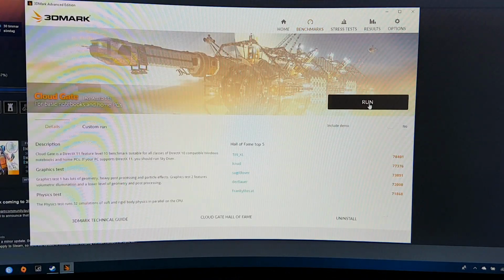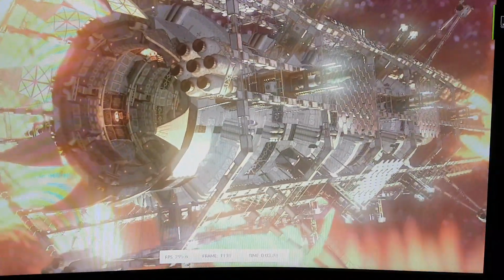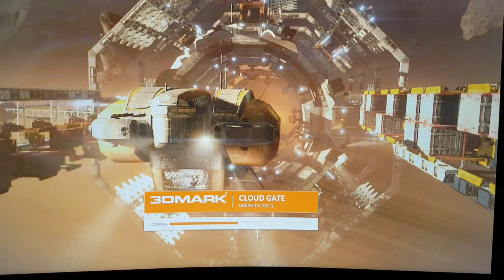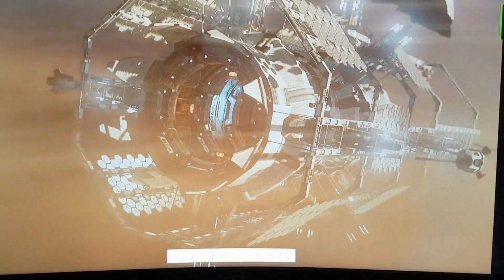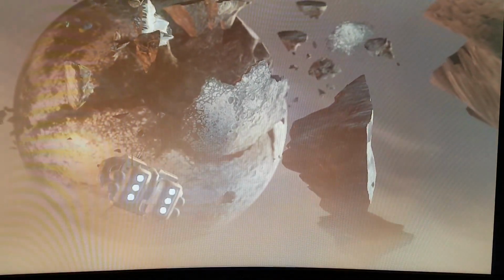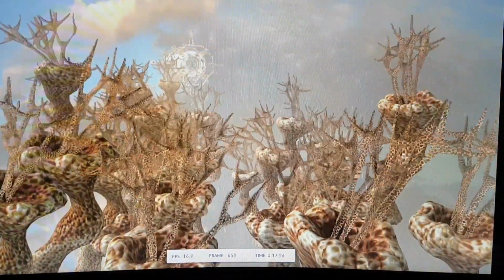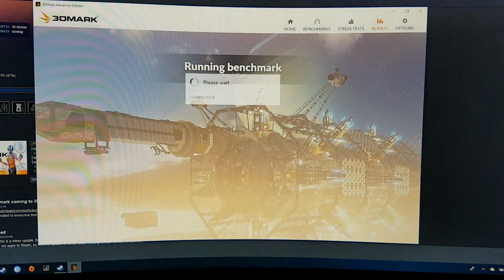So let's move on to the last test. It's Cloud Gate, also from 3DMark. I will start to run this on the Huawei Matebook X Pro. And if the trend continues, I guess the Matebook X Pro will win all categories. But this one I'm a little bit unsure of, because this is another type of graphic test, and maybe the HP Spectre X360 can win this test. This test also contains 2 graphic tests, and the last one, as you can see now, is the physics test, or the CPU test. So we will have a result,